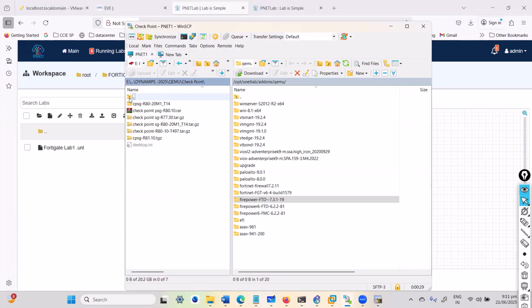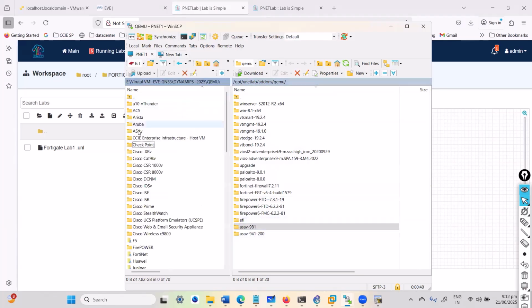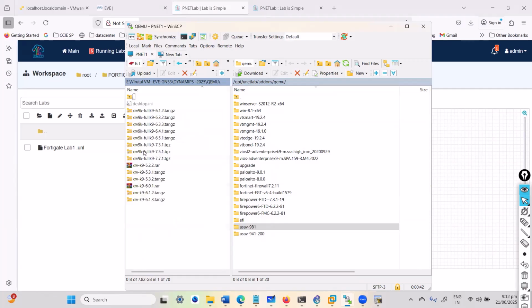Already I have this here. I'm not going to do it again. But let me see if there is any specific image which I have to upload. I'll try to do that. So already I have this ASA, all these images. So make sure that you have the same exact file name, like